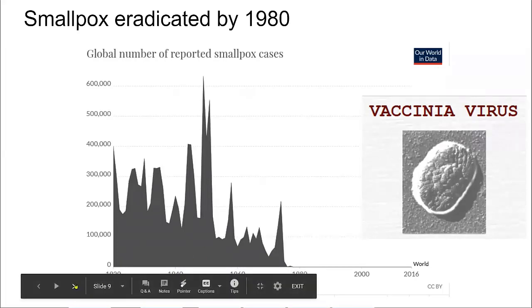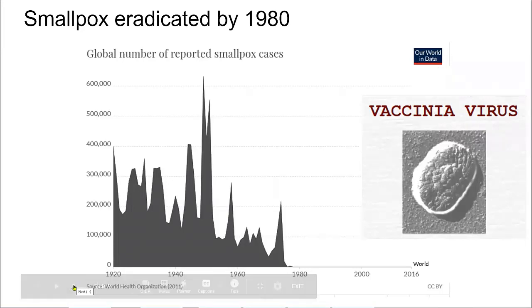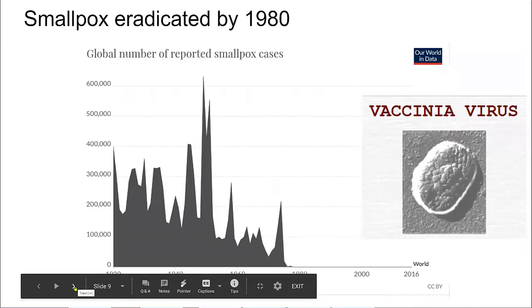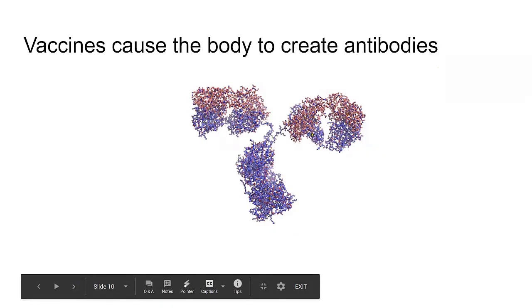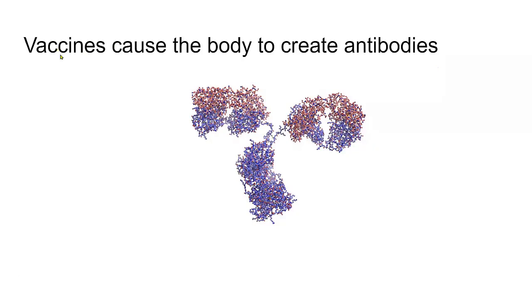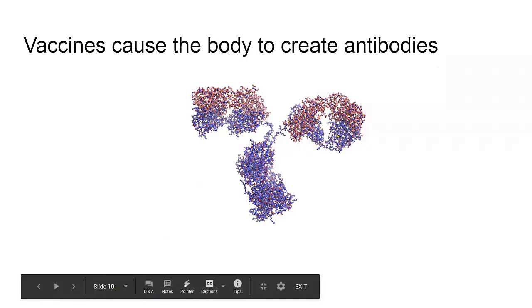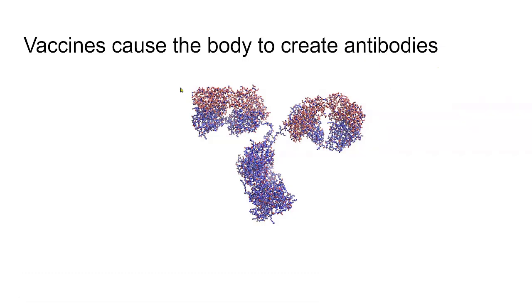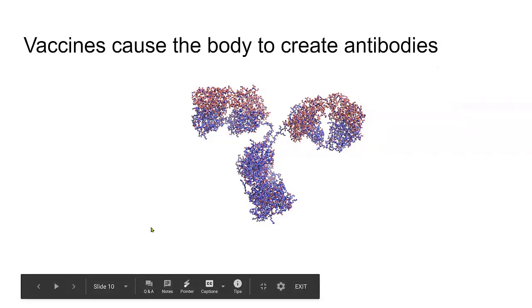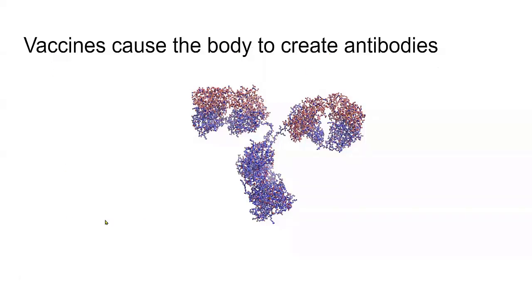So, as I said, the greatest success story in the history of vaccination. We don't have smallpox anymore. No one in the future will die of this disease that killed millions of people in the past. The way the vaccine works, and Edward Jenner had no idea of this, but we do now. With modern science, we know how it works. It's all about antibodies. Antibodies are your defense against viruses and bacteria. So a vaccine causes your body to make these antibodies.